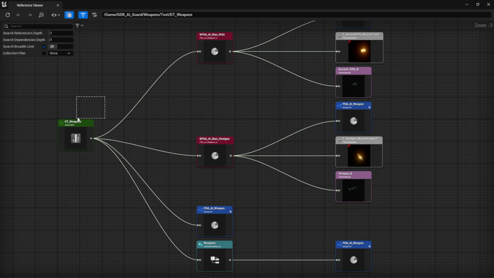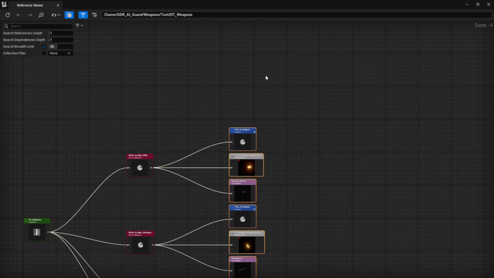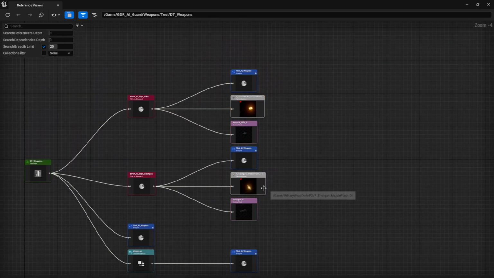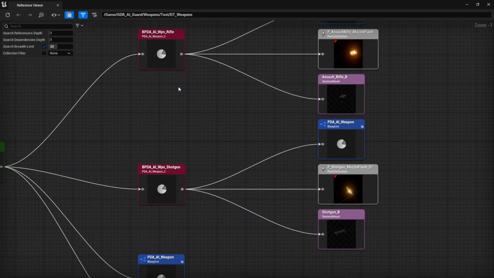That node references the data table, and that data table references all of the assets in here. So all of the skeletal meshes, all of the muzzle flash effects, everything for all weapons in the data table. All of that stuff will be loaded into the memory